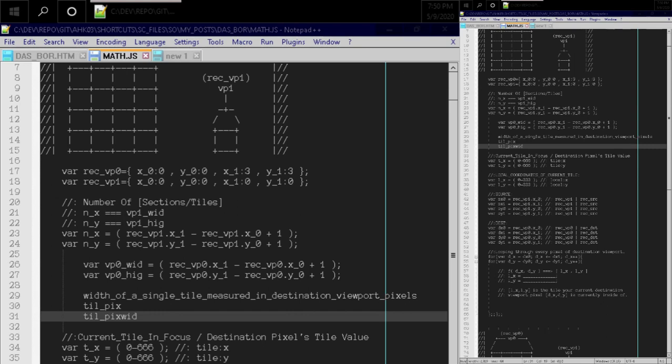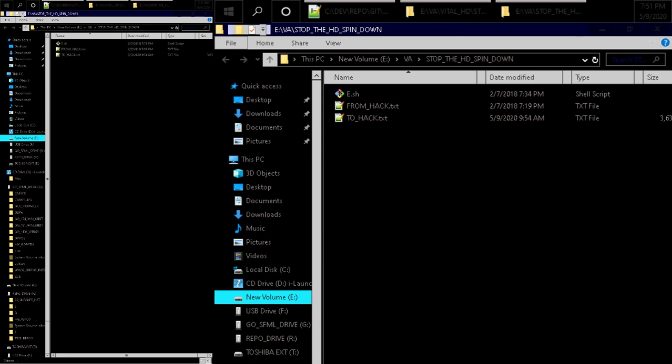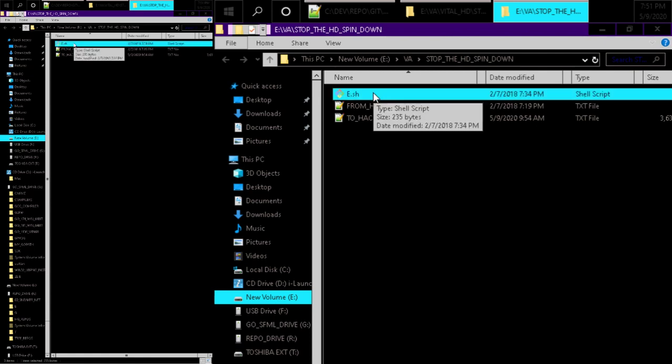I really hate these eco-friendly hard drives that always spin down when I'm trying to. So pro tip, if you have a hard drive that likes to spin down all the time on you, those energy saving hard drives, which are really annoying, right? Because every time you access the hard drive, it takes forever because it always has to spin back up. What I do is I write a little bash script that just